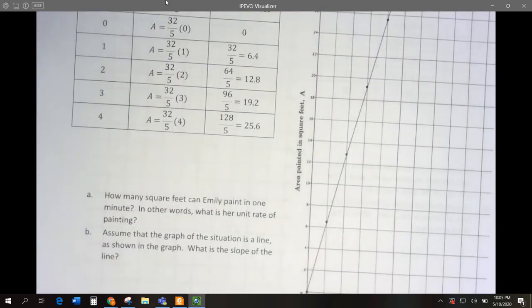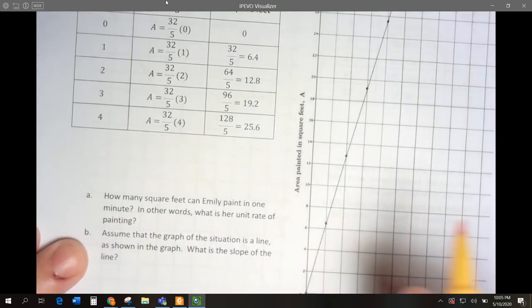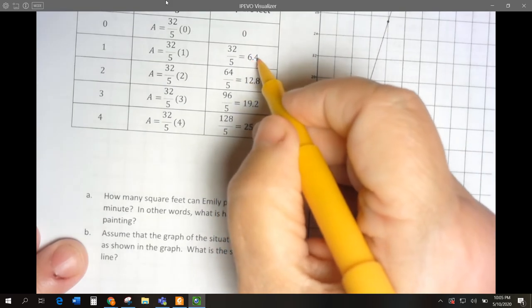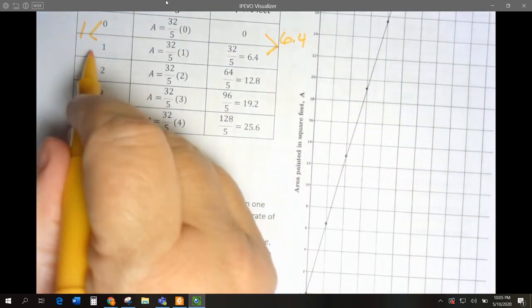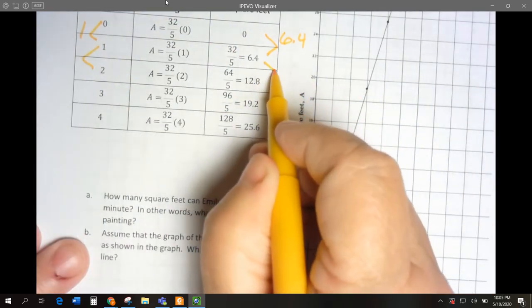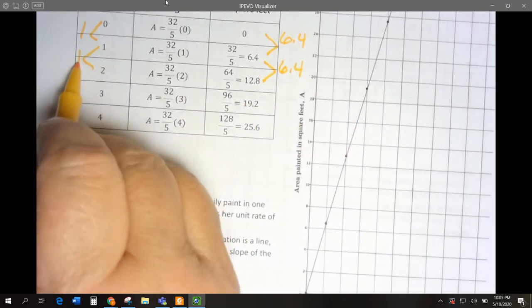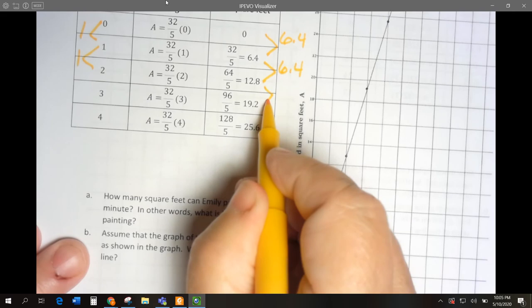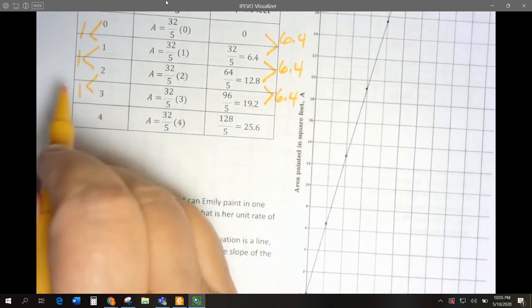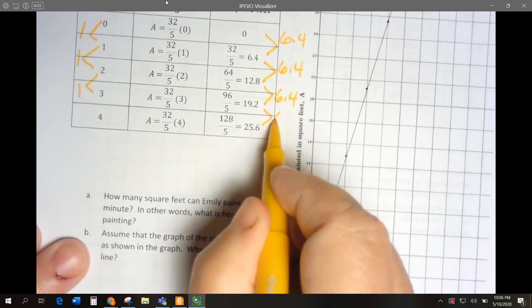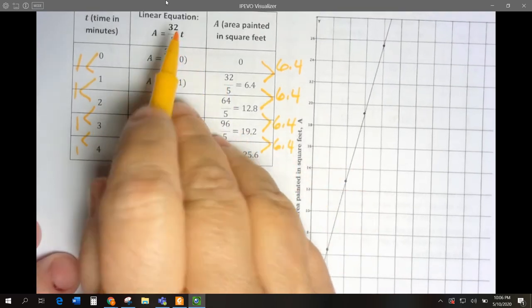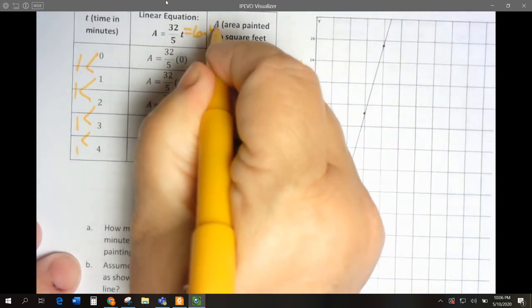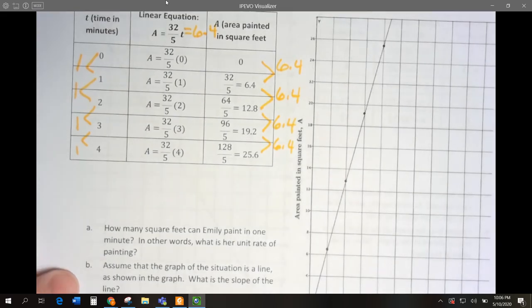Let's go on to 16. What is our unit rate? Number 1 says, what's our unit rate, right? 6.4. Here we go up 6.4 for this minute. For this minute, we went from 6.4 to 12.8, which is going up another 6.4 in this 1 minute. Here we're going up another 6.4 in this minute. And here we're going up 6.4 in this minute. Also, if you look at the 32 divided by 5, 32 divided by 5 is that 6.4. So her unit rate is